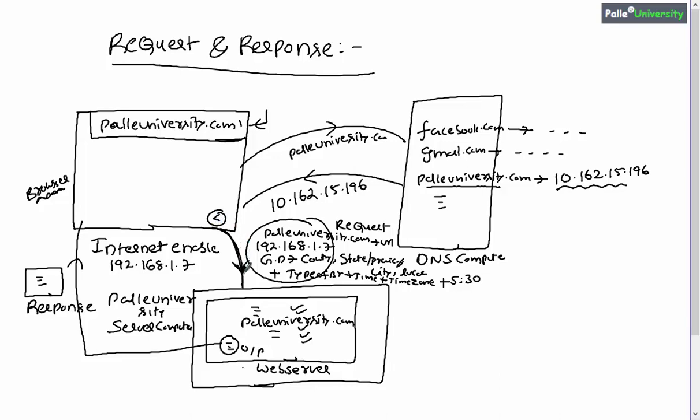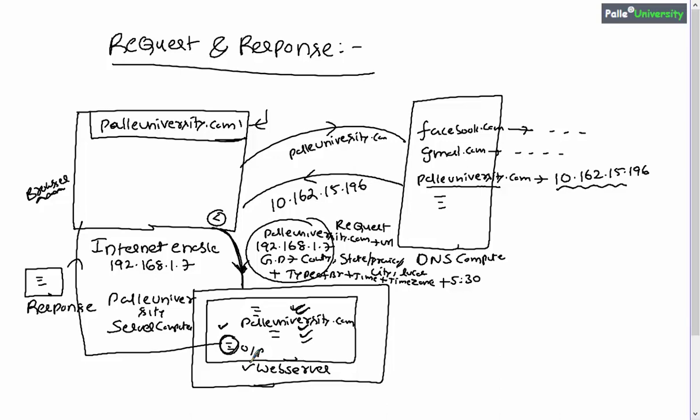So once the request is sent from the browser to web server, the web server will execute the code, and I already told you that it will prepare some output. Now the question here is, to which computer this output has to be sent? There can be n number of browsers available in n number of computers, and those computers may be connected to internet. So this web server has to identify to which computer's browser it has to send the output. Now tell me, how exactly will the web server identify to which computer it has to send the output?